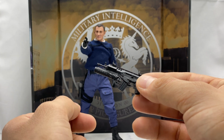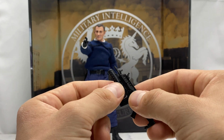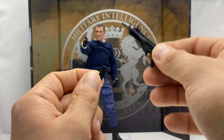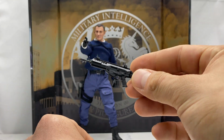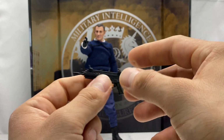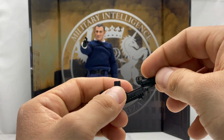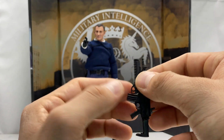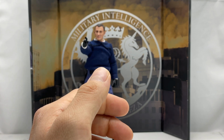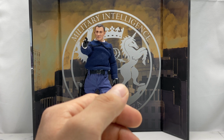But besides that, this gun still has a few hidden secrets. So right here, the grenade launcher is removable, so you don't have to have that on, and the magazines are also removable on this gun. So yeah, super cool. Like I said, the other thing would be that the stock would move in and out, but it's just a minor thing. Other than that, I got them for $60, basically brand new out of the package, just minus that. So next up, let's take a look at the next weapon that he comes with,